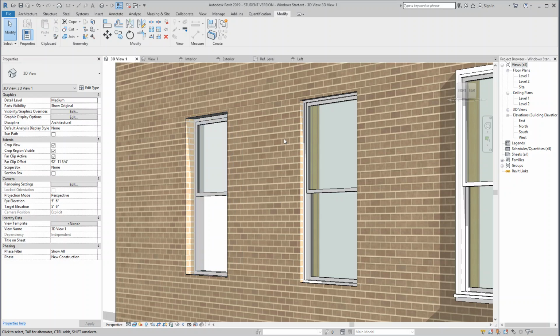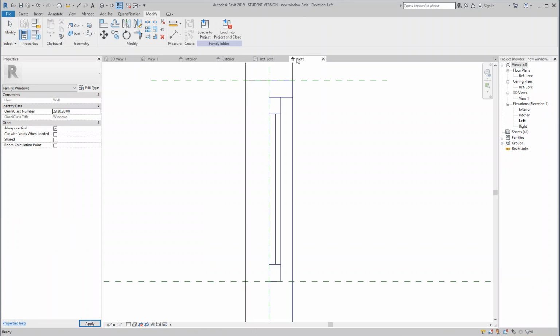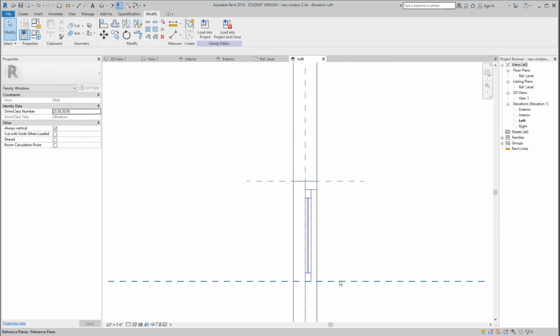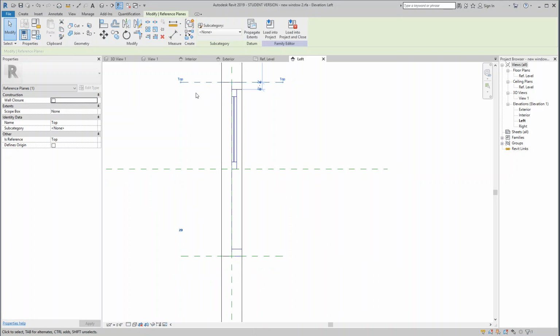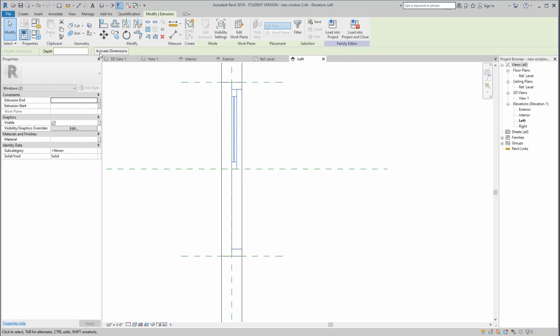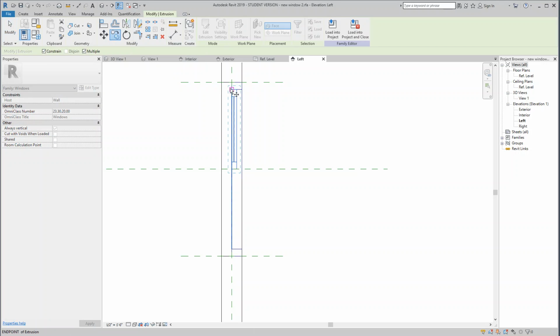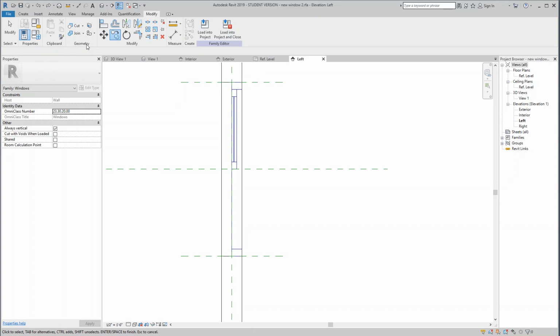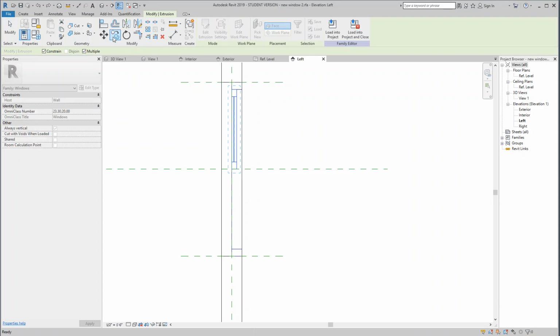So let's go ahead and build the next one, and then we'll take a break and come back and look at lintels. So I'm going to go back to that again, and this time we'll just jump to the left elevation right away. And I'll come down here so it's all on the screen. We'll grab that whole window construction, grab it up in the top corner, and I'm just going to copy it down. Oops, I'm going to do Control Z and undo that. I'm going to do that one more time because I had the constraint palette on and I had multiple selected. So I'm going to go copy, turn off constraint, turn off multiple, grab the top corner and bring it over